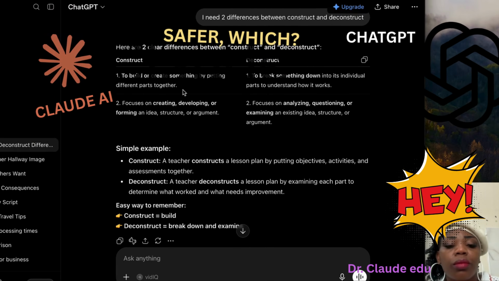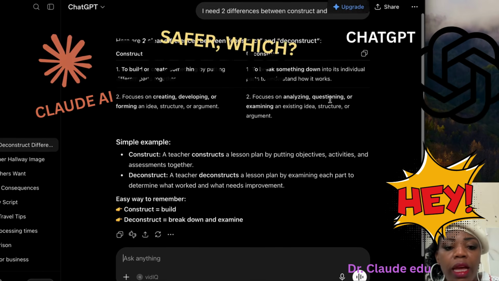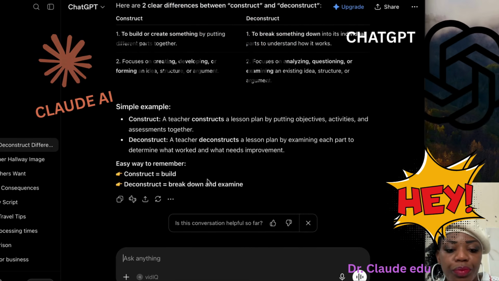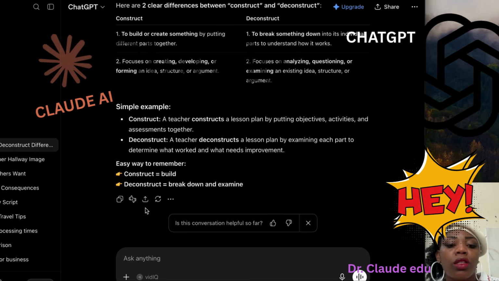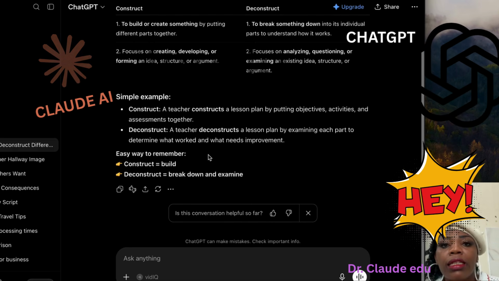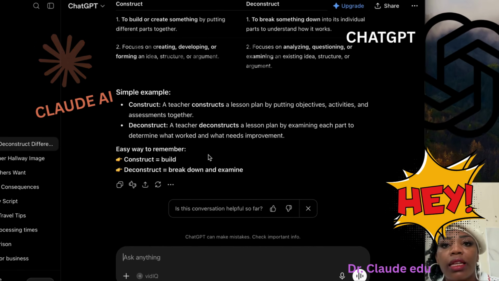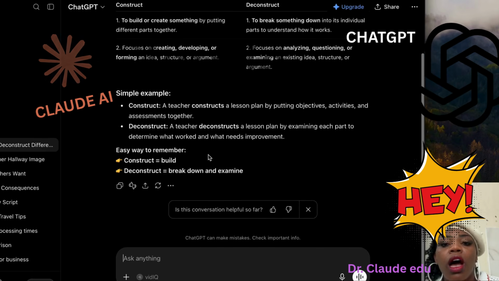So construct is to build, deconstruct is to break down something. And now we have some examples. There we go, and a little summary to remember. So yeah, this ChatGPT is actually creative. You want to say yes to everything. It acts like it has the answer to everything. On the other hand,